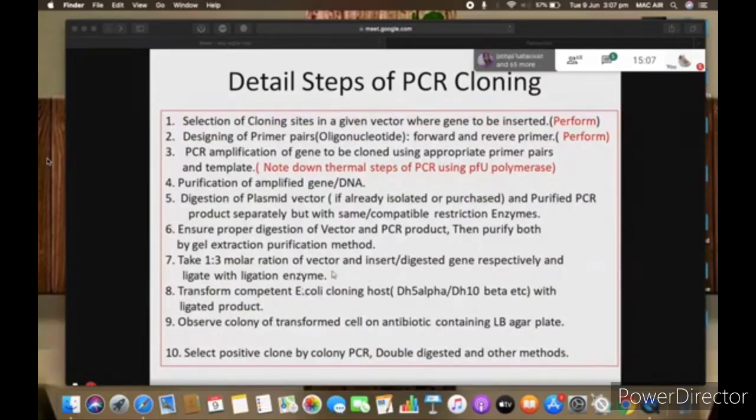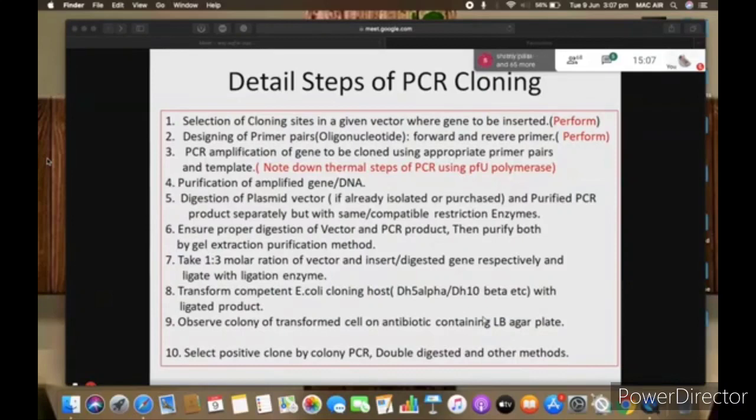After transformation, we spread the transformed E. coli onto the antibiotic containing plate and keep that plate in a 37 degree centigrade incubator, so that overnight, next day when you come, you will see several colonies on the plate.